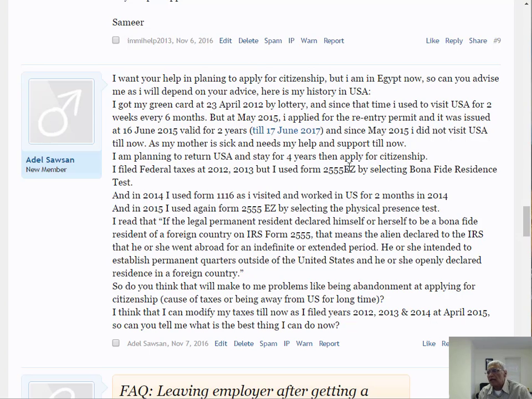So I would say get yourself a lawyer, have them research this issue. I don't know the answer off the top of my head what the consequences of filing as non-resident are, but I know that we always discourage people from doing that and tell them not to do that. I've never run into this situation before, therefore I don't know the answer off the top of my head.